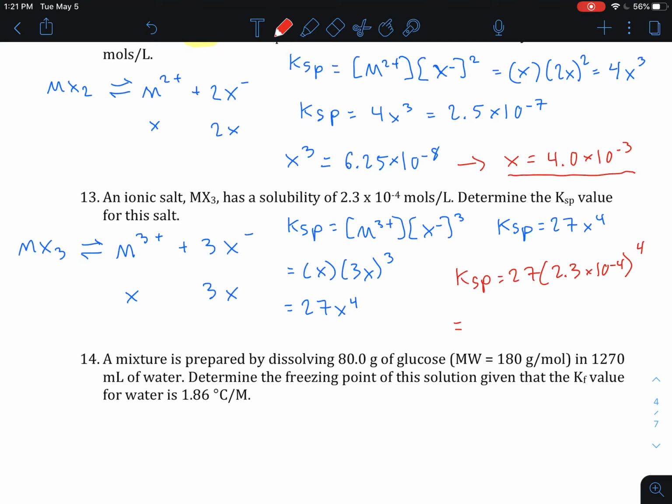Let's see what we get here. I got 7.56 times 10 to the negative 14 as my answer here. Okay, so that covers us through